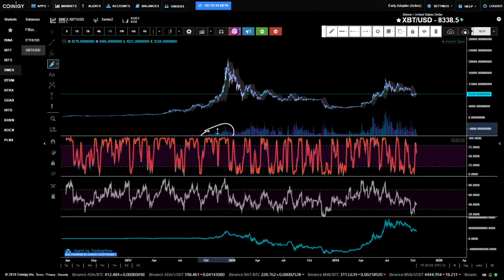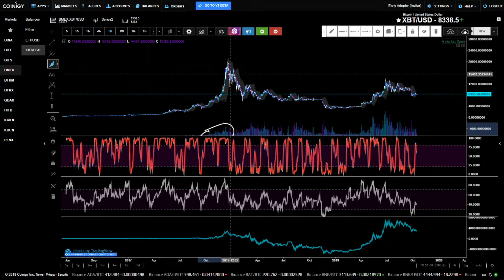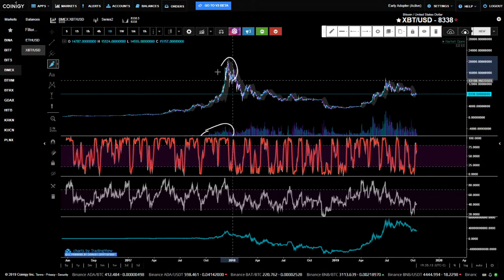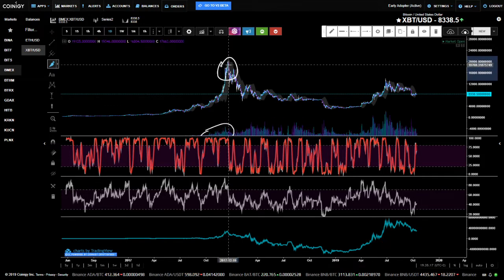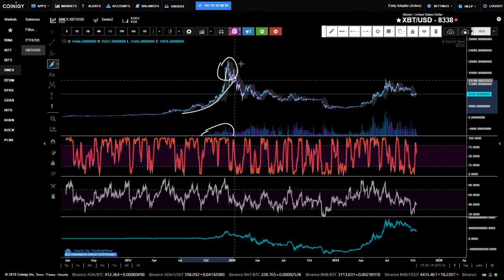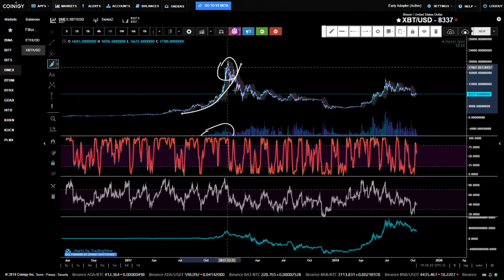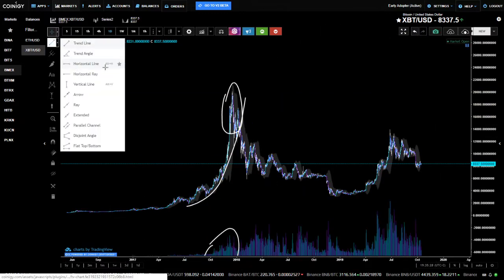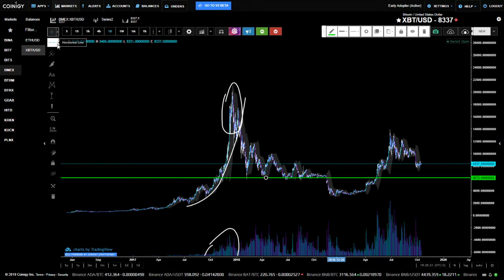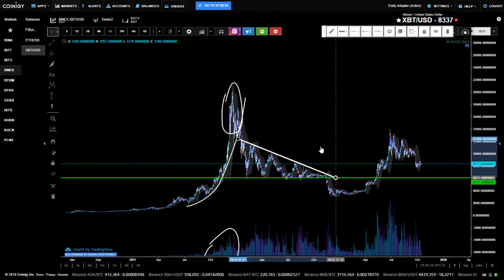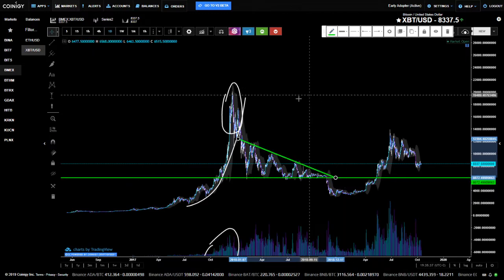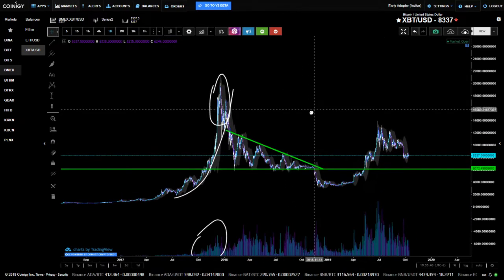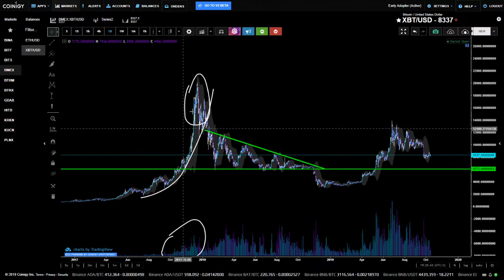The point I'm going to make is to note the volume attached to the run-up in 2017, and you can pretty much compare this to any of the top volume exchanges back in the day. You've got the volume attached to the top of a bull run, a parabolic advance. We see a correction happening, right? And you've got your triangle consolidation